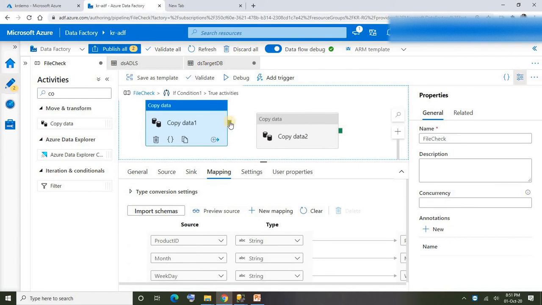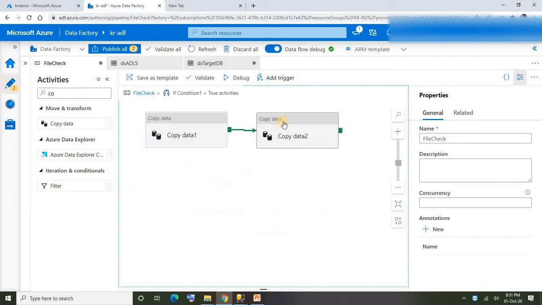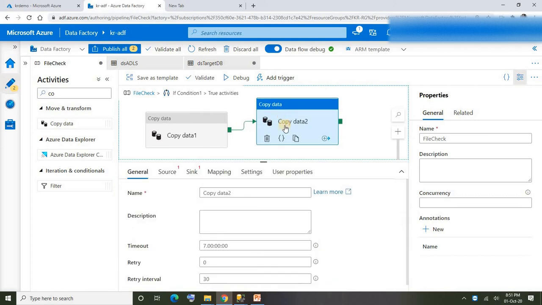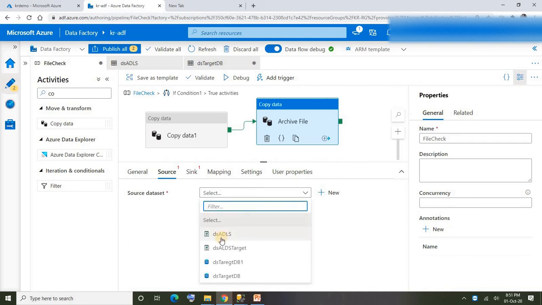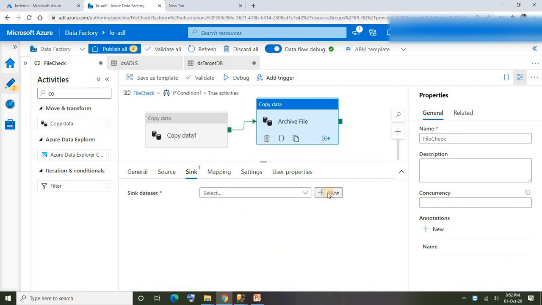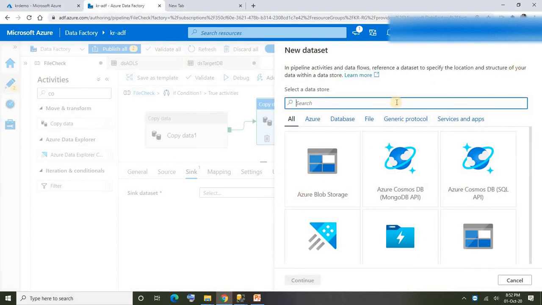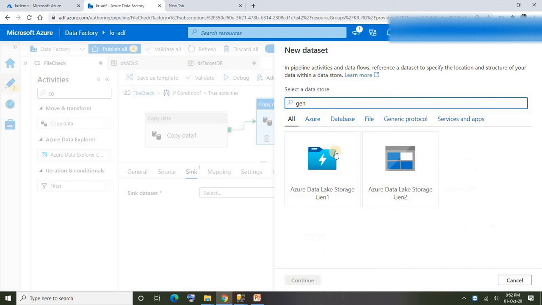Now once this copy is done, then it has to move the file to the archive folder, right? So I'm going to name it archive file, and here again let me specify the file name, that is ADLS, and for the sink here I'm going to create a new dataset.